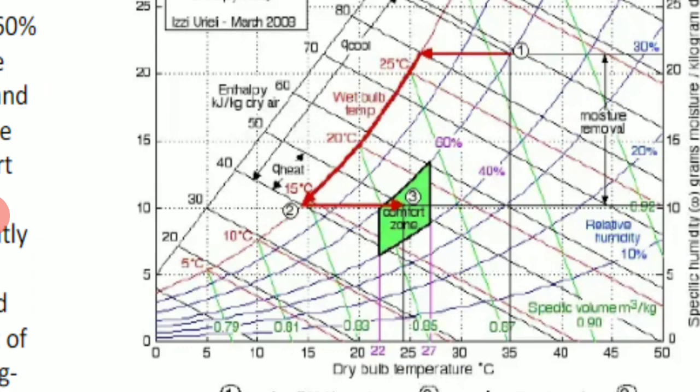From point 1, the first condition says cooling process. Cooling means dry bulb temperature reduces. So that red color arrow mark is the cooling process. Up to where is the cooling process? He has not given the values, but I have to obtain it. So draw the line towards the left hand side, up to saturation, beyond that I cannot go. The red color line has been shown from point 1. Draw a line towards left hand side up to the saturation curve.